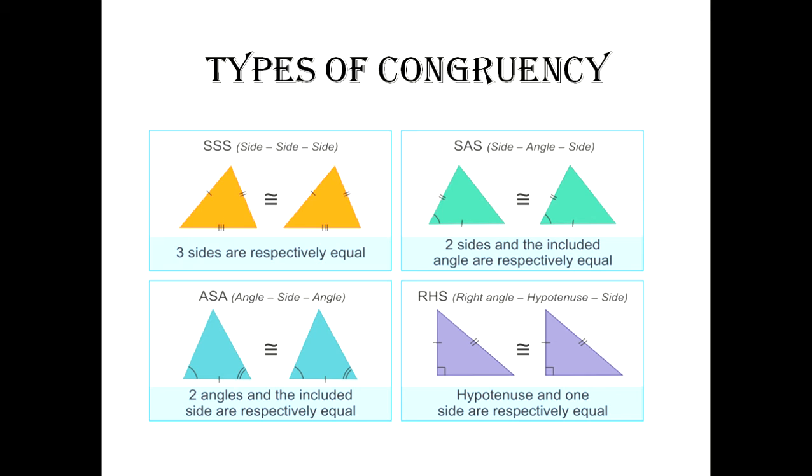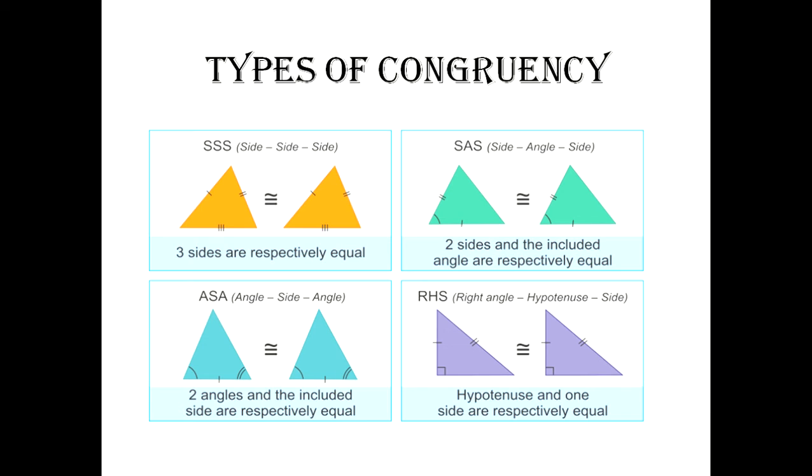So no matter how you write, there will be two angles and one side. In this one, we can see that this angle and this angle are marked with a single stroke. This angle and this angle are marked with a double stroke. And this side of both the diagrams is marked with a single stroke. So that means two angles are equal and one side is equal. So this falls under the criteria of ASA congruency, which means that we can say that these two triangles are congruent.